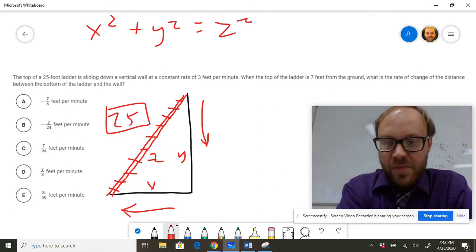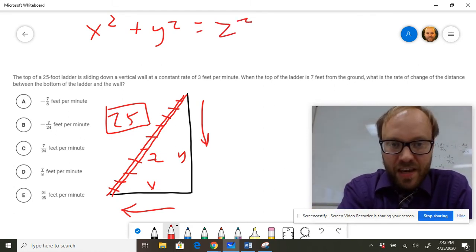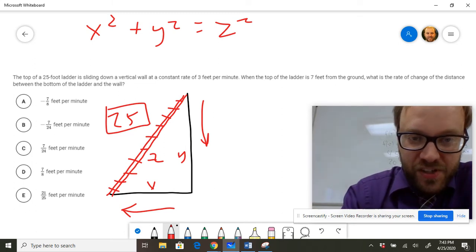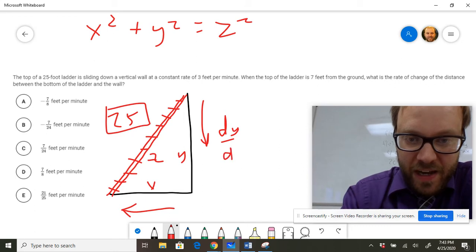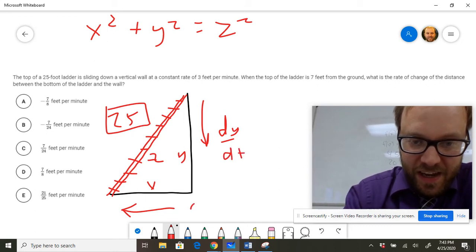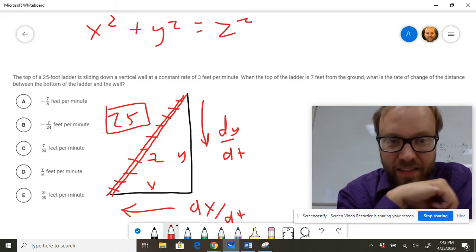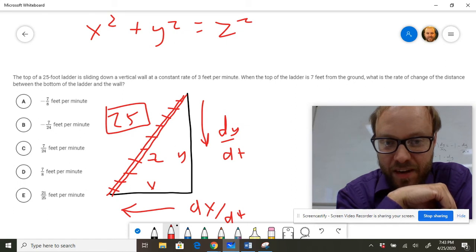Okay, so remember the concept here is that you list out the rates that you have, and you take the derivative of your equation with respect to t, and you substitute everything and you get your answer. So this is the y side. The rate of change of that y side would be dy dt. The x side, the rate of change of that would be dx dt. And then of course the length of the other side, the rate of change of the ladder would be dz